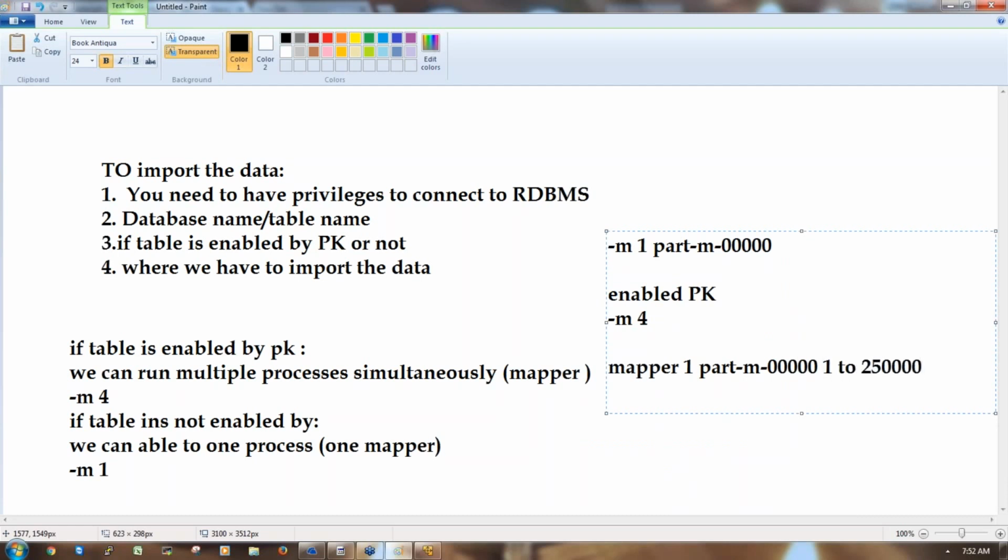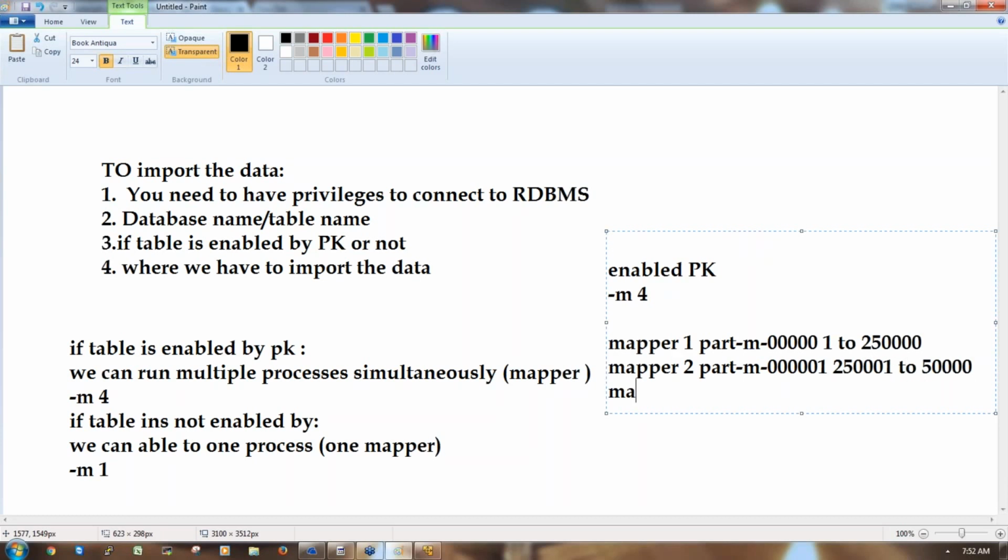At the same time, mapper 2 creates another part file containing rows 25,001 to 50,000. The same way, mapper 3 creates another part file containing rows from 50,001 to 75,000.